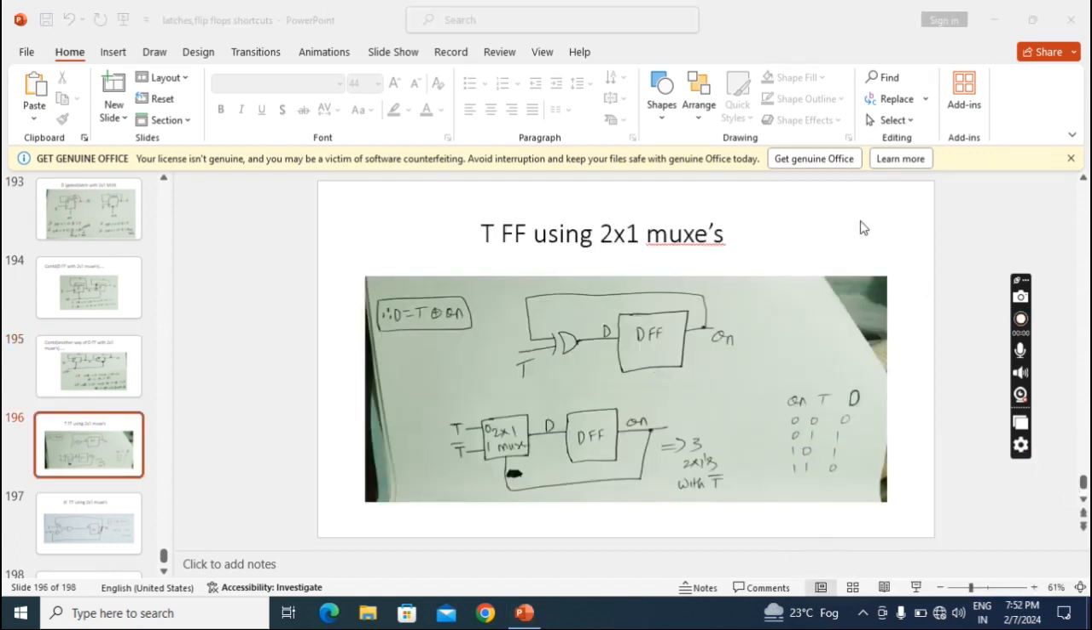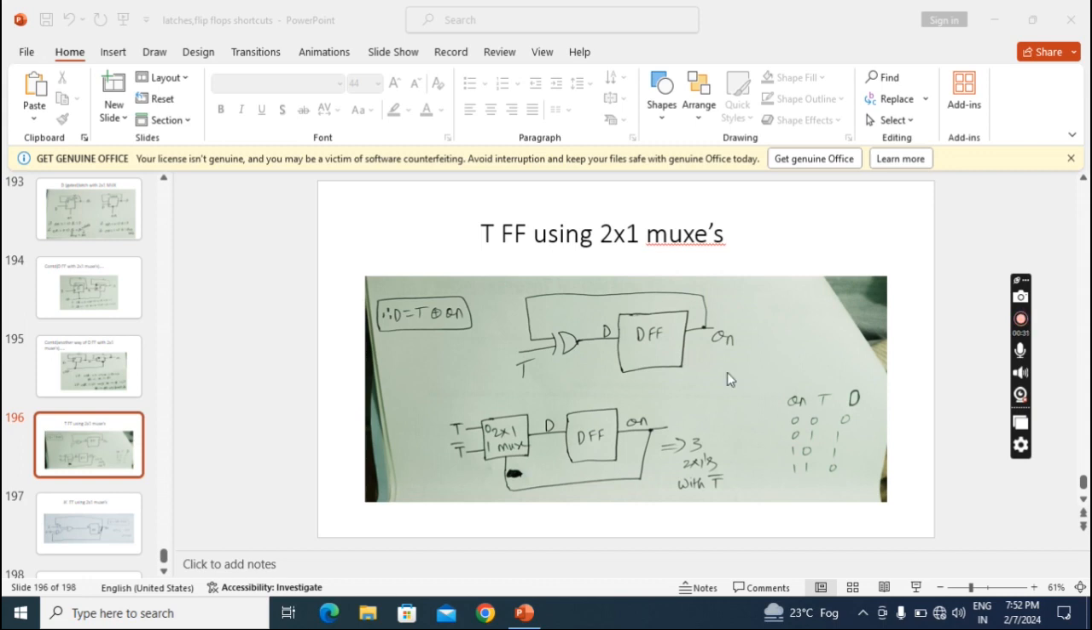Now we'll see how to implement a T flip-flop by using multiplexers. Here I need 3 2 by 1 multiplexers if I take a complemented input, but if I take uncomplemented input, then I need 4 2 by 1 multiplexers. So the easiest way to implement this T flip-flop,